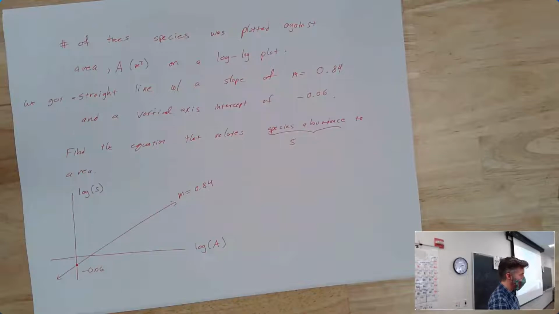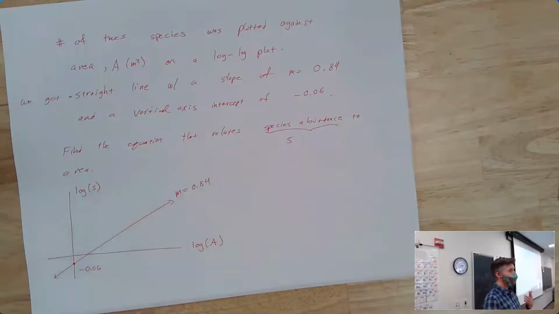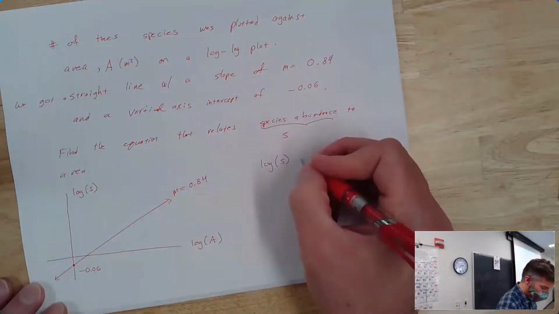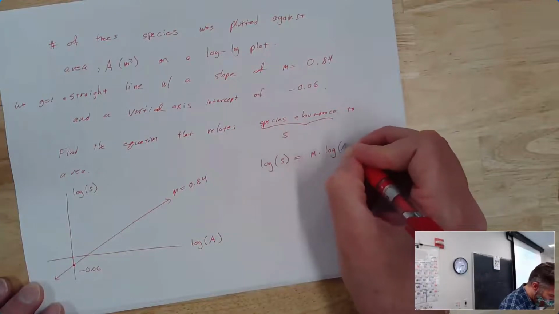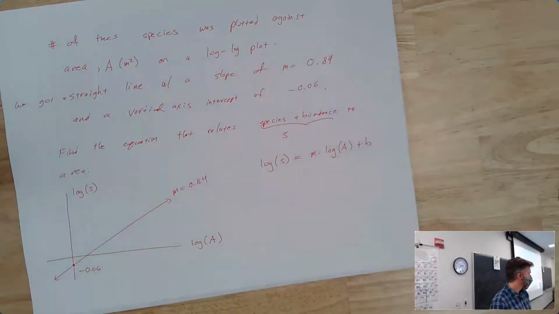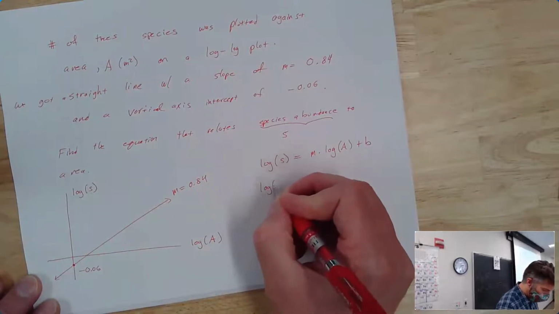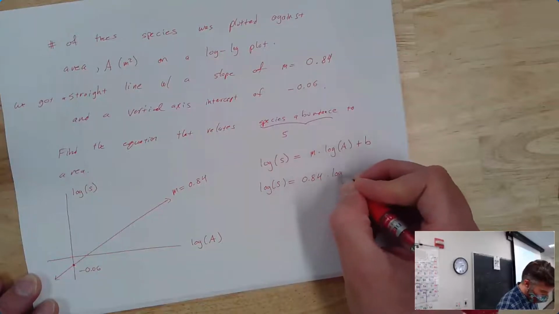Kind of funky. I'll point out you don't actually need any of this. Here's what you really need: if you know the slope, you know the intercept, and you know it's log, then log of your dependent variable equals your slope times your independent variable plus your y-intercept. That's all we actually need to know. We can draw this graph totally, but this is what we really need. So we've got log of S equal to our slope, 0.84 times log of A